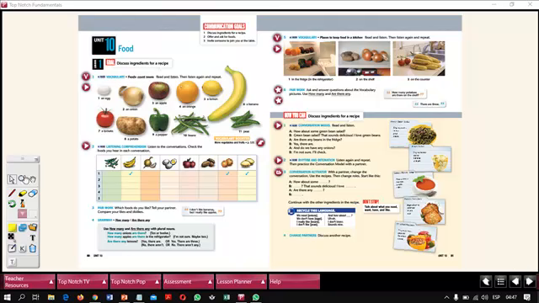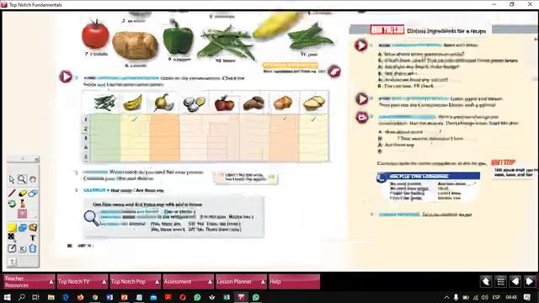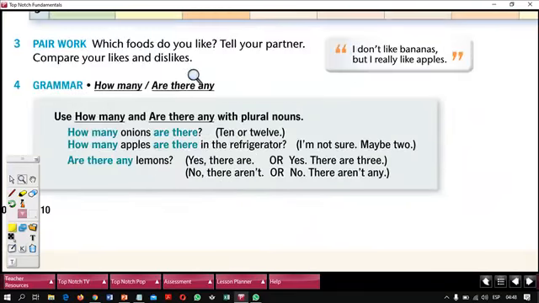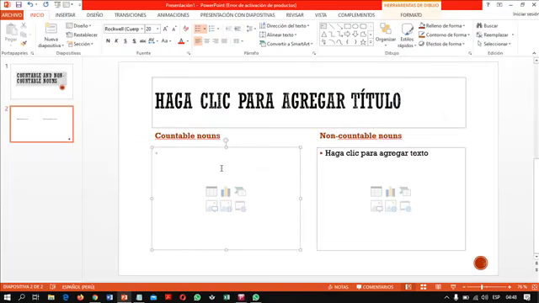So, as you might remember, last Sunday we stayed with this grammar, right? How many and are there any? In both cases, they are questions that we use to ask about countable nouns, right? So, countable nouns, first of all, you need to have in mind that they have a singular